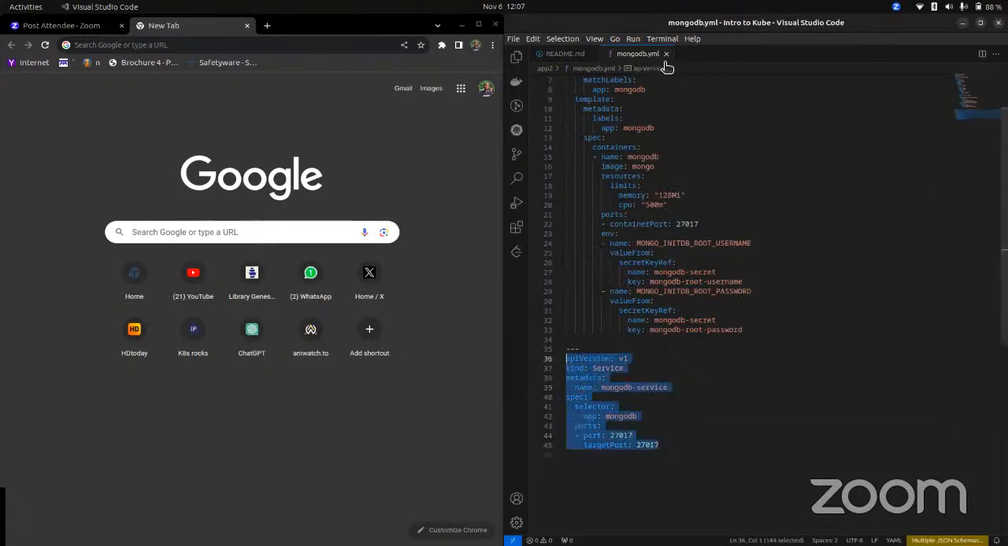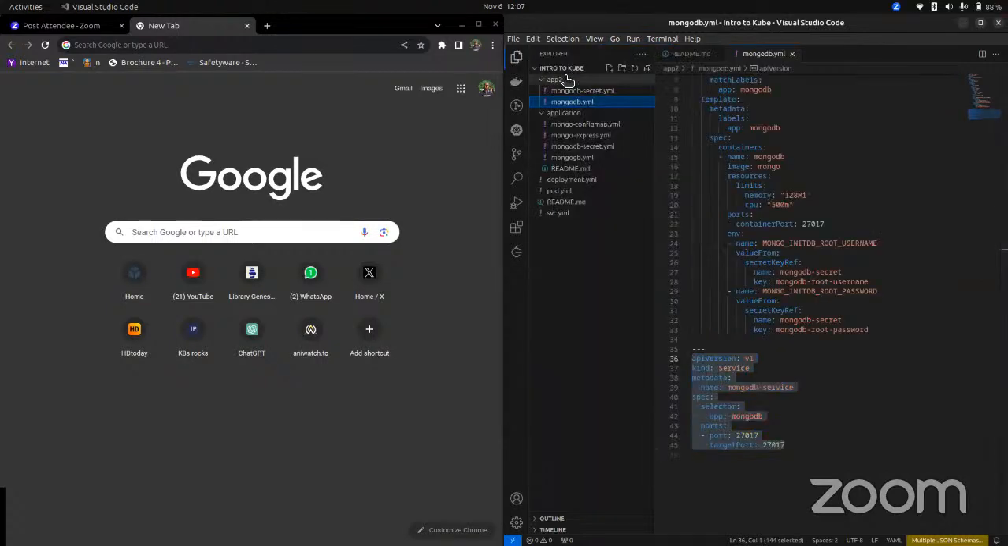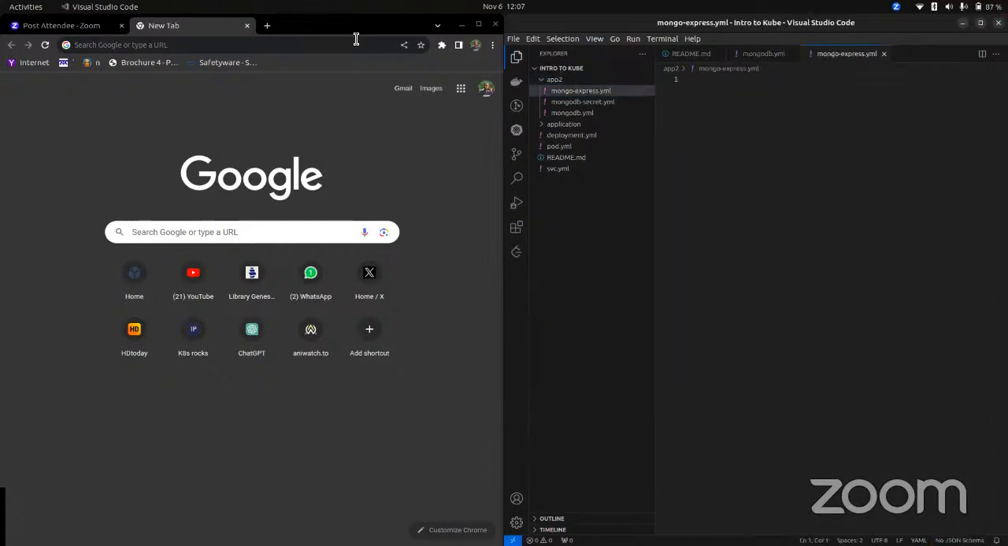Okay, so today we'll be building on top of that, and we'll be building something called Mongo Express. So what's Mongo Express? If I go on Docker Hub